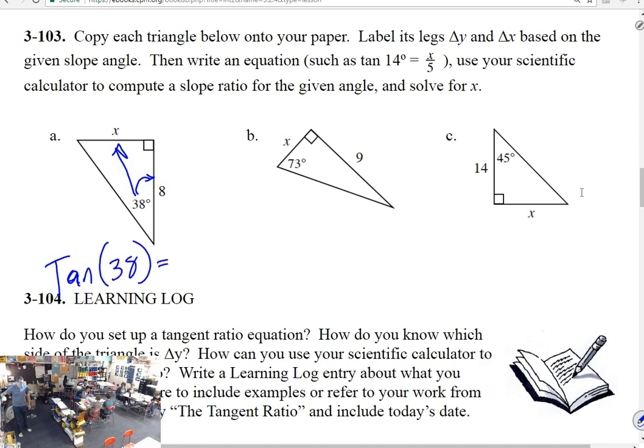Hold on. What do you get? 7.81. Are you in radians or degrees? I'm in degrees. What'd you get? I got 7. 0.78128. Yeah, you have something way off. You might be in radians instead of degrees. 0.7812 or 0.7813. Redo it then, if we were going to round it.